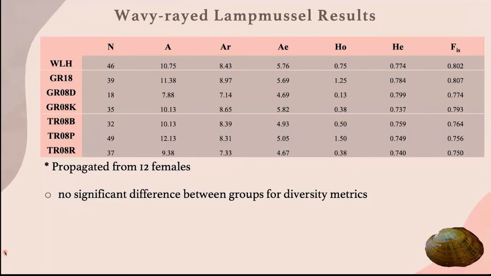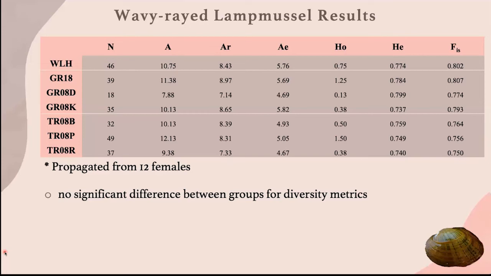You have number of individuals, allelic richness, rarefacted allelic richness, which accounts for differences in sample size, effective number of alleles, observed and expected heterozygosity, and an inbreeding coefficient. And all of these values were meaned across all samples and loci. And then we used a Kruskal-Wallis test to detect any significant differences between the groups for all of these genetic diversity metrics. And in those analyses, we did not detect any significant difference between the groups for any of the